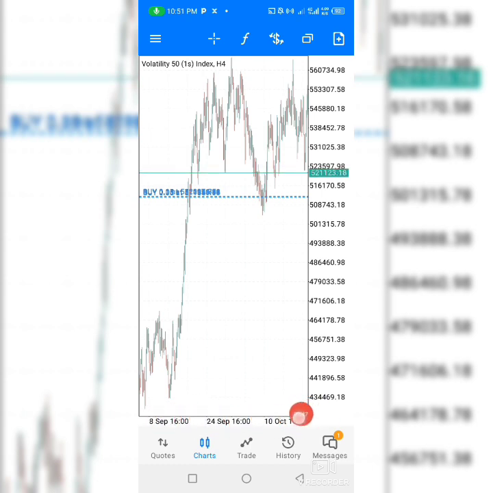We can actually project it to any other higher level, so it can be here. So there is probability that when price hits here, the time axis will start moving, and new prices will appear. Instead of seeing a maximum of 560,734.98, you can be seeing 600,000 plus. How does it happen? This axis starts moving, then this